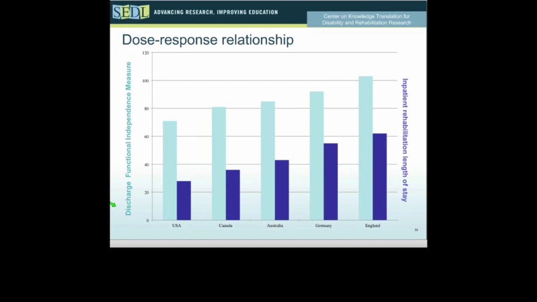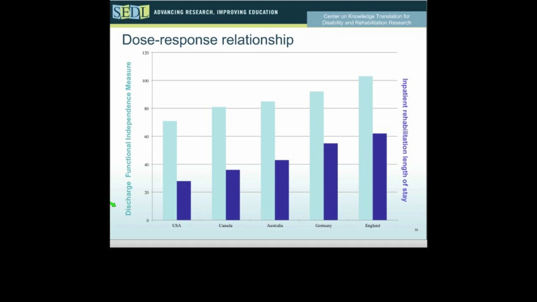This is hypothetical data from 5 countries. The United States with a very short length of stay in inpatient rehabilitation, to say England with a very long length of stay, and in between Canada, Australia, and Germany. And here, the light blue is the Functional Independence Measure. If we can be confident that on admission, the Functional Independence Measure in all these countries was more or less the same, say